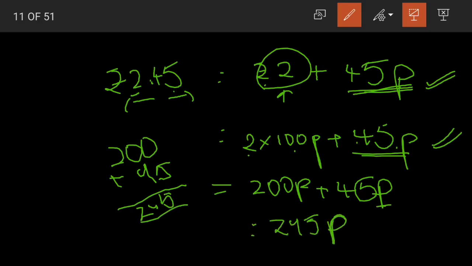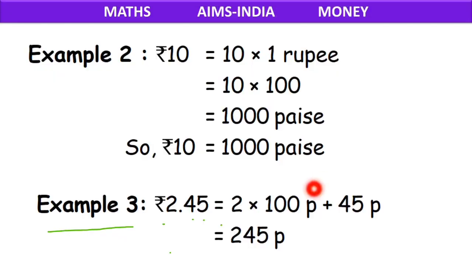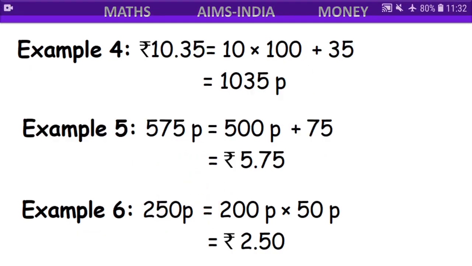245 paise. Remember to write the P, because in the question they have specifically mentioned that we have to convert the given rupees into paise. So in the answer you need to write this P, children. If you do not write this P, it is possible that you might lose half or 1 mark from the question. So 245 paise is our answer. Understood how did we do this? We converted the rupees into paise and added it with the 45 rupees that are already there.